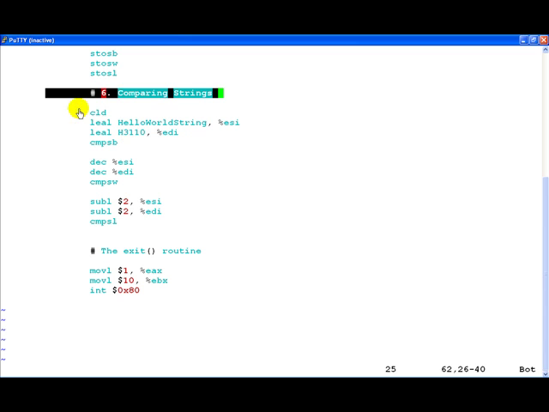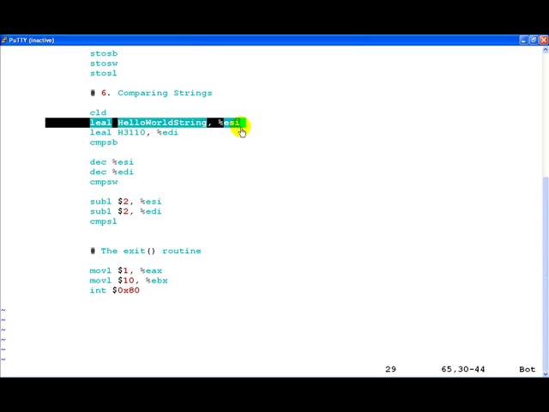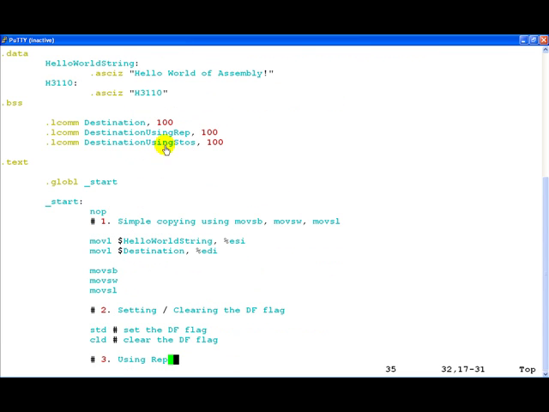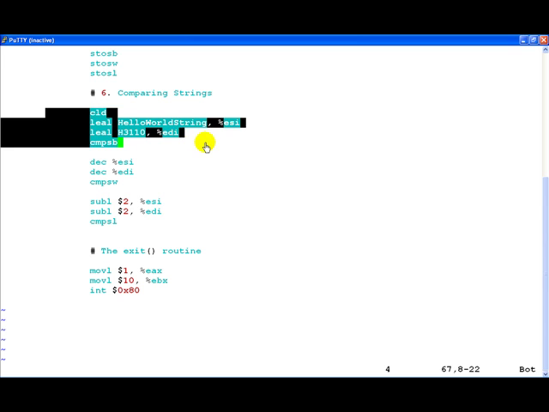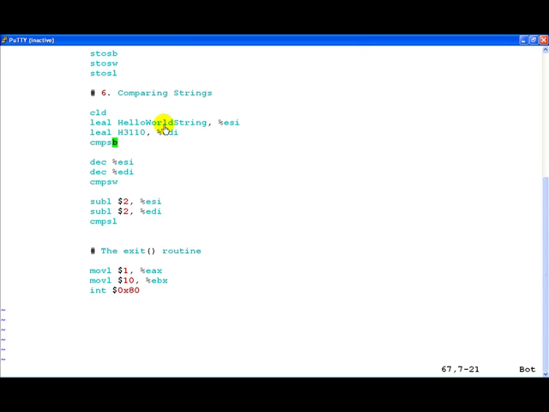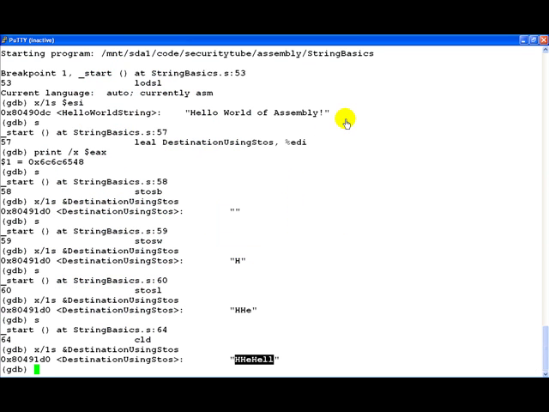So comparing strings, this is example 6. First we will go ahead and clear the DF flag, very simply because we want ESI and EDI to be incremented. Then we load the hello world string address into ESI and the hello into EDI. Let's go up here. If you notice, hello world string is this and hello is this. So all they have in common is the very first letter, which is capital H. Let's scroll down now, and let's see what is going to happen when we go ahead and run this series of instructions. Let's go back to our debugger